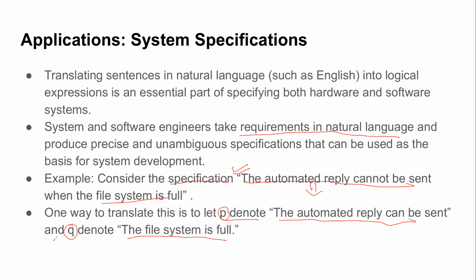Yes, class. Can anyone tell what could be the answer? So you can see there's nothing like only if and only if. There's a word "when" used, right? But what is "when"? "When" is also kind of conditional. It's checking some condition. Okay, so Hasib wrote it already. Please, I want others also to try. You know what is P, you know what is Q, and you have the sentence, right? So tell me what could be the equivalent expression in the logic. I want to change the sentence.